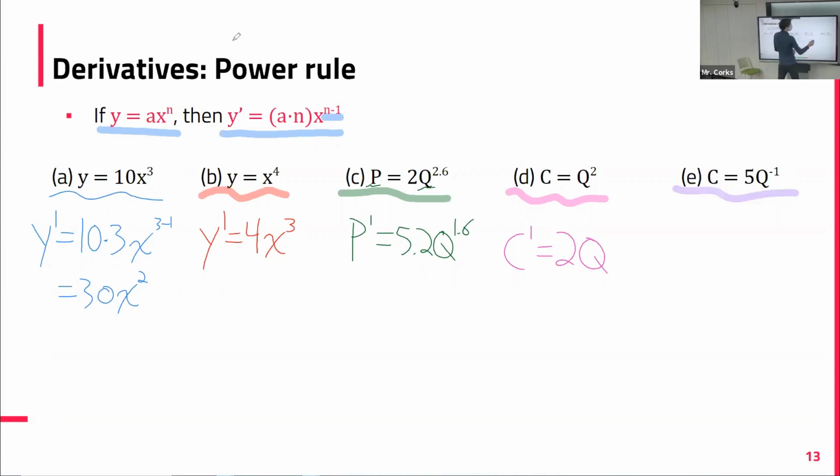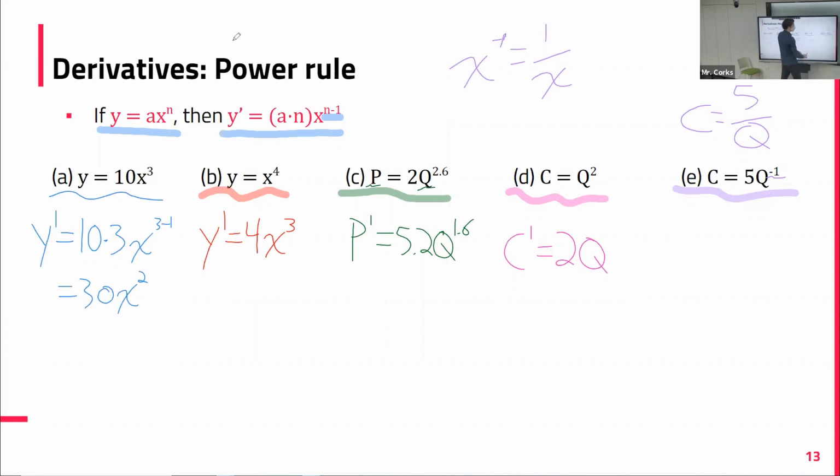Our last one. Actually, before we do the derivative, let's just make sure we remember our rules about negative exponents. If I want to rewrite this, no derivative yet, just rewriting this, but I don't want a negative exponent, how can I? Okay, 5 over Q. So a negative exponent just means 1 over that thing. Okay, so that's how we could rewrite it, but it's much easier to use the power rule when we have it